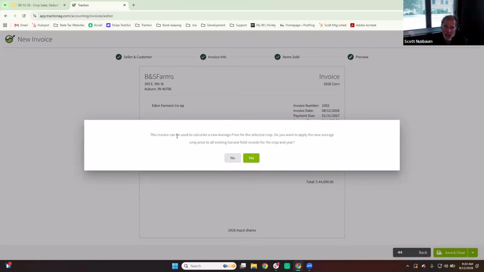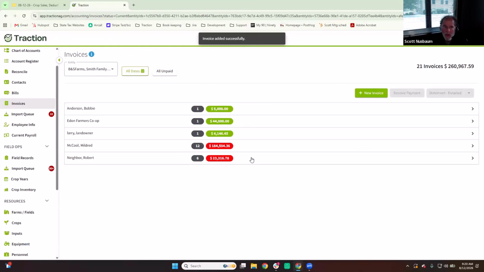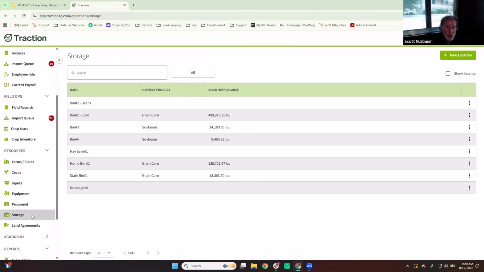This invoice can be used to calculate a new average price for the selected crop. Do I want to apply the new price? Yes, I do. So to show you what I've done now, if I go back to the storage area, the way Traction does it, when we're keeping your inventories, we're going to count everything that's sold, not just things that you've been paid for, but these inventories are always going to count for everything that's sold, whether it's been sold via an invoice or sold via